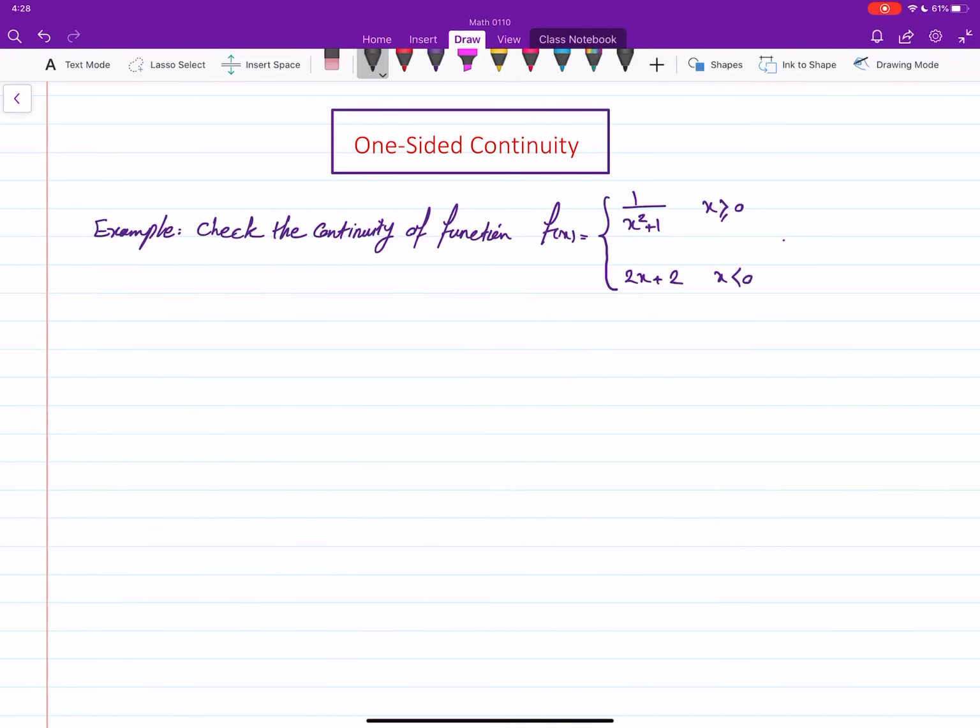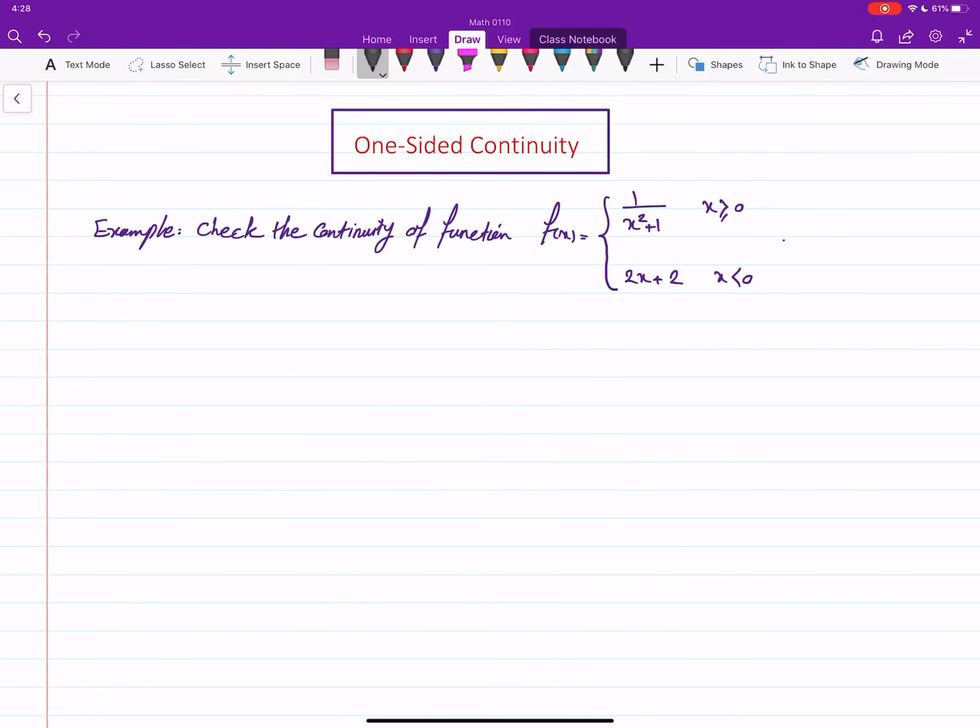Hi, in this video we will discuss the continuity which occurs only from one side, from left or right. You will see that this notion is a very natural notion while studying piecewise defined functions, and we will do some examples for this topic. Okay, so let me start with an example, something that we can do at this stage without any other knowledge